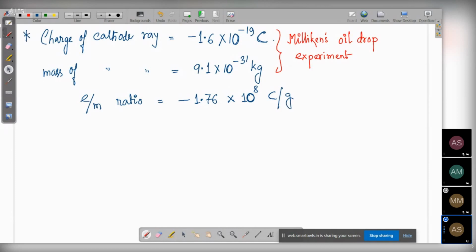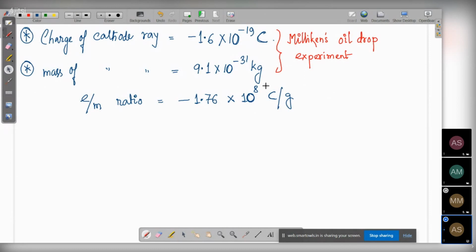You need to remember the value of charge and the mass. Ratio value no need to remember, as for experiment, the ratio value will be of no use to you, but charge and mass will be very important. You need to apply them in numericals. You have numericals in chemistry also. Quite a few numericals are there. Like physics, numericals are there in chemistry also.